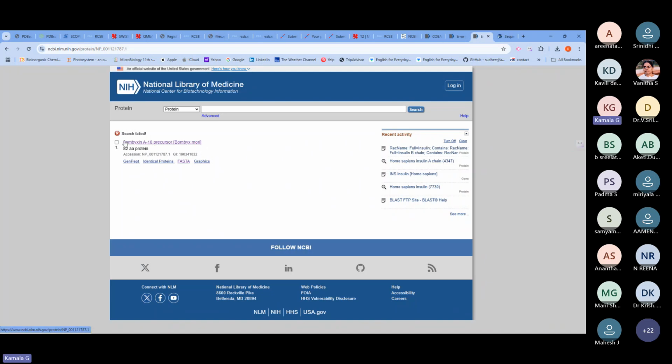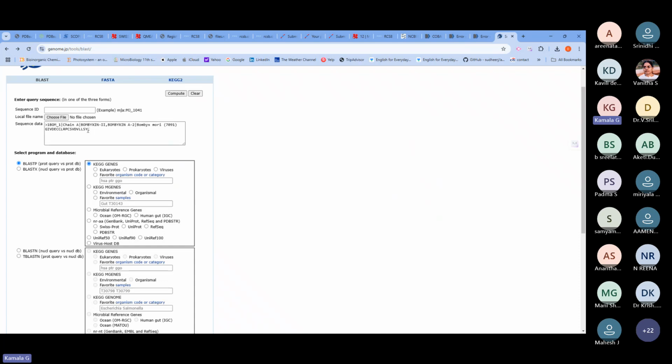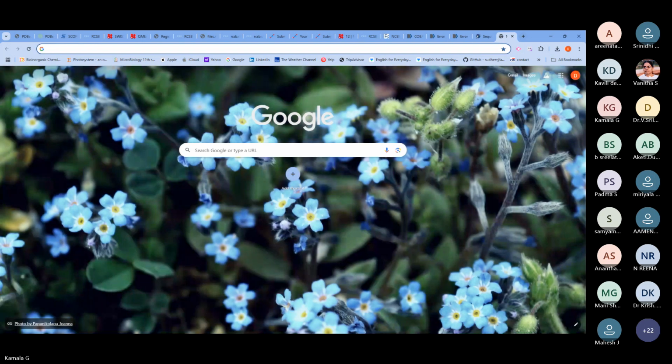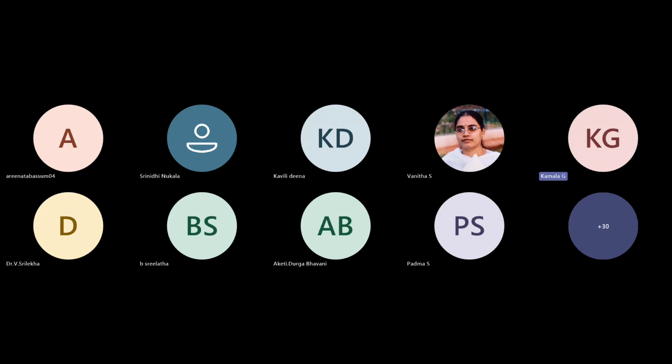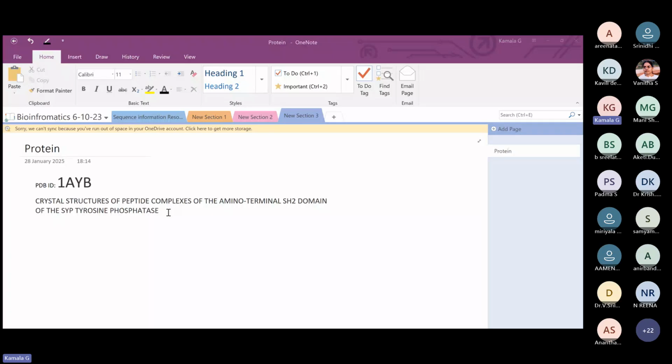Is that a FASTA sequence? Okay. If I'm not getting the FASTA sequence, I will do one thing. So this is the sequence. Taking notepad. One second. Sharing. And again, I just take this shared part and use OneNote. Okay. So now I'm taking